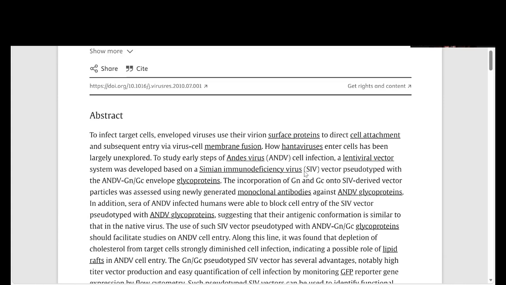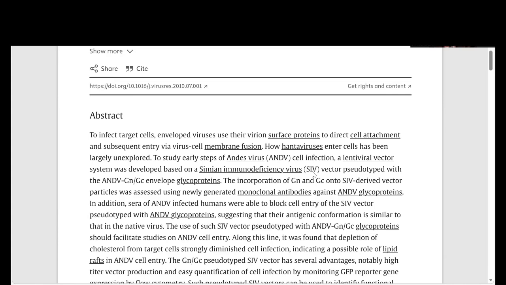So what they did was they took this pseudotype vector, SIV, and added in the spike from the Andes virus. And that now is the spike for the SIV virus, the vector. All right. But you can see the dual purpose. So they have a pseudotype SIV, which is the primate version of HIV. That vector pseudotype is modified in a way where it's not going to spread, and they can